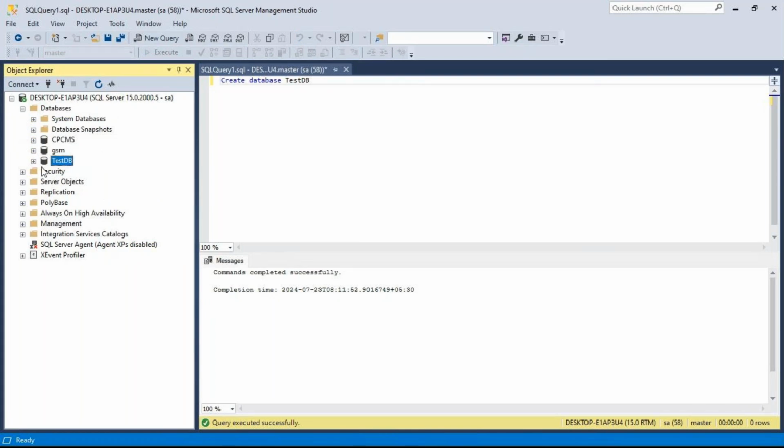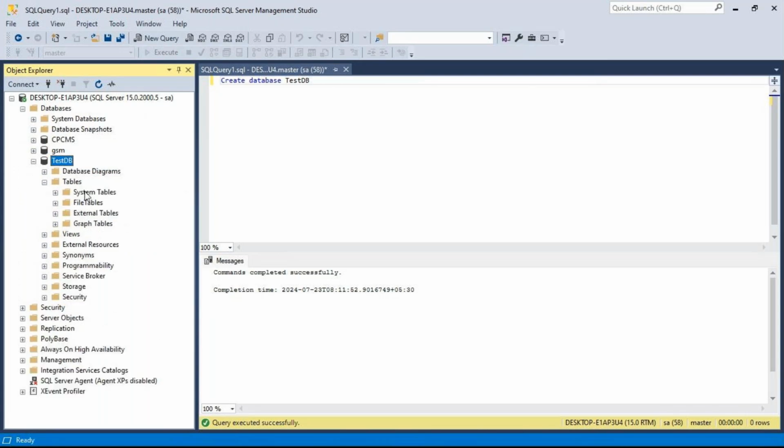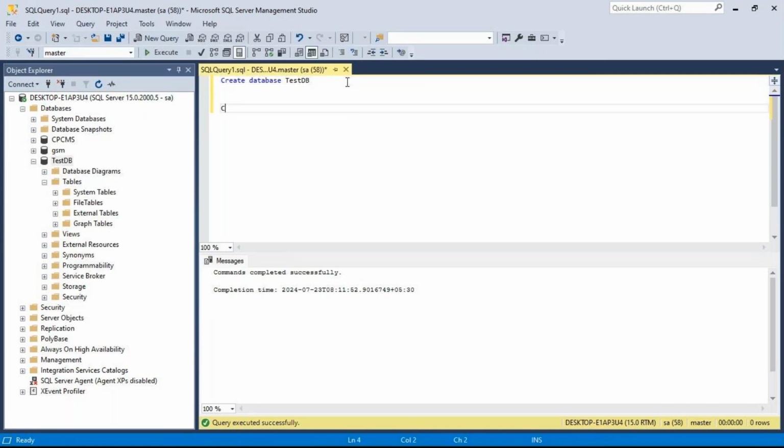Okay, here we just created a database, but we don't have any tables inside the database. Okay, see tables. We don't have any tables. Now, shall we create one table? Create table and table name, for example, users,